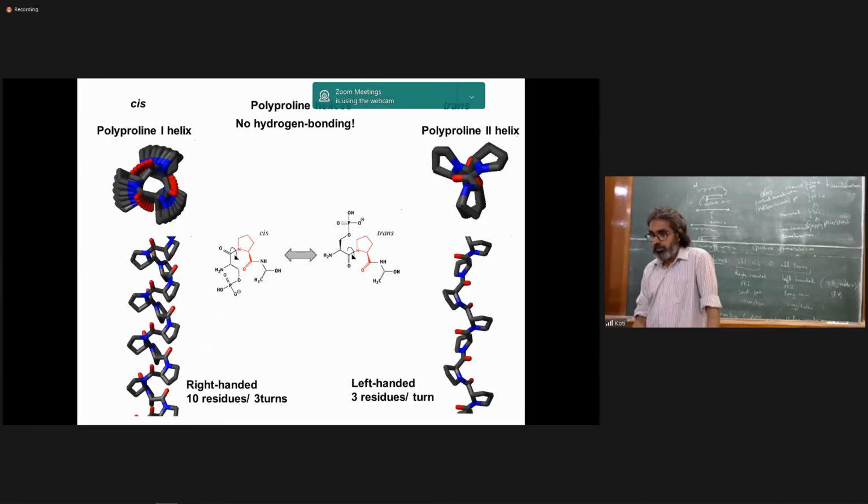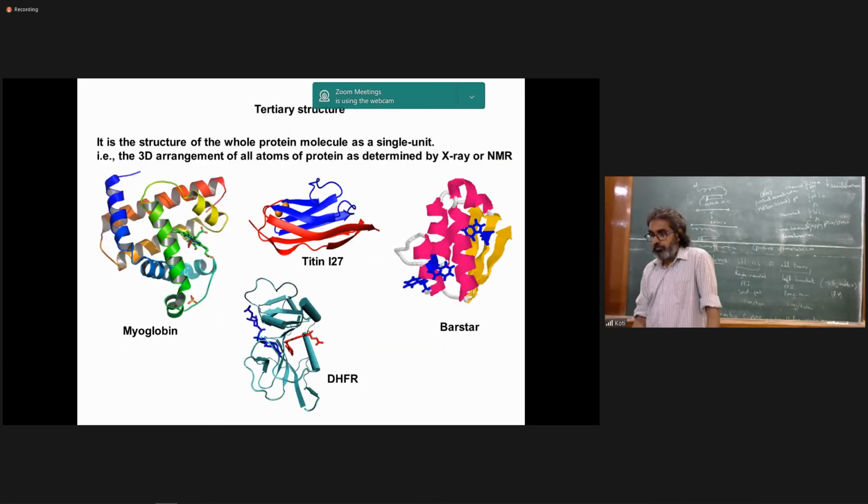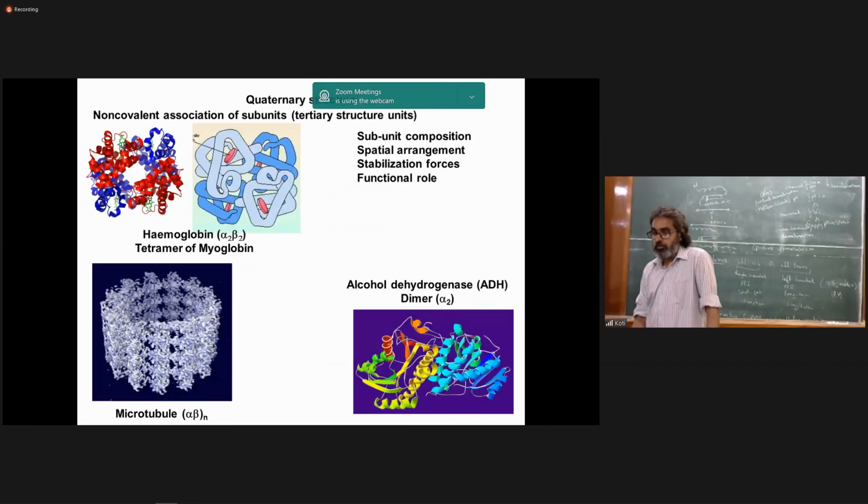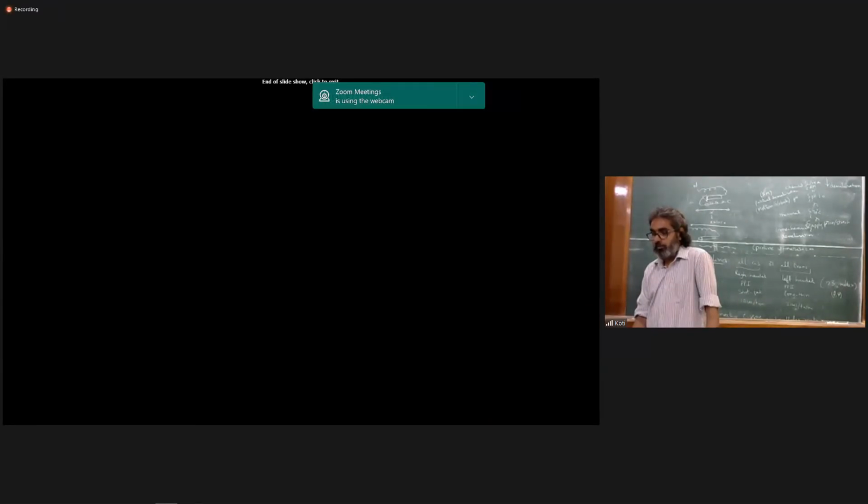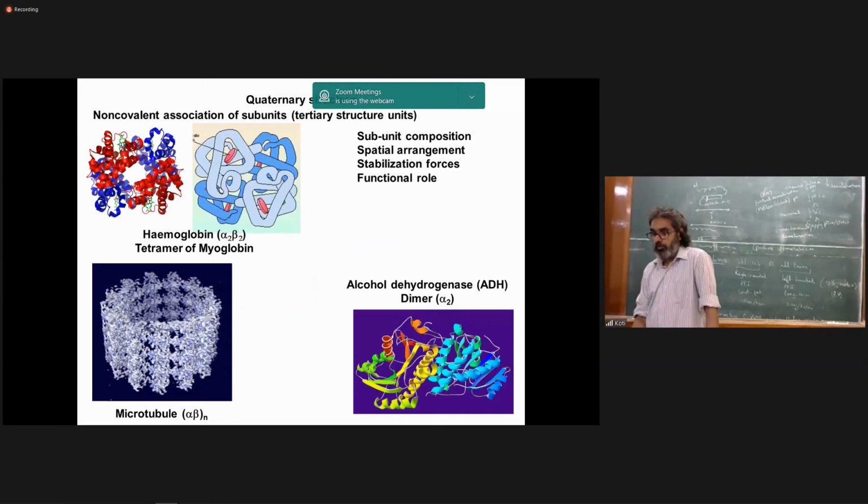So we have nicely taken from the atomistic level of understanding what phi-psi is, to protein side chains, to secondary structural elements, and how you put them together into tertiary structures, and then how you bring another level of complexity or richness into structure, into quaternary structures. And then I gave some examples of how that might be important, either for structural reasons or for functional reasons.